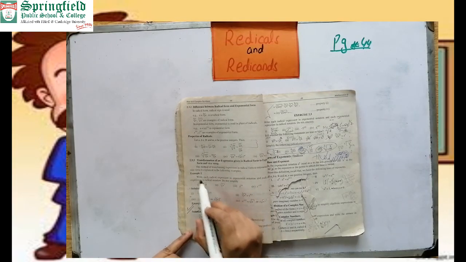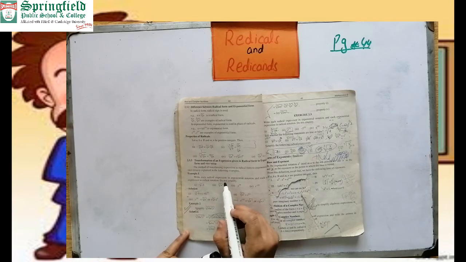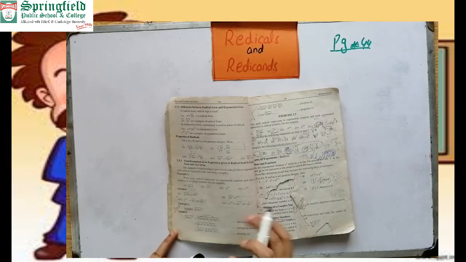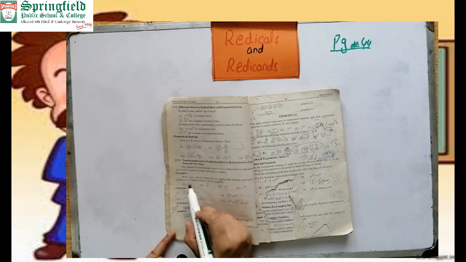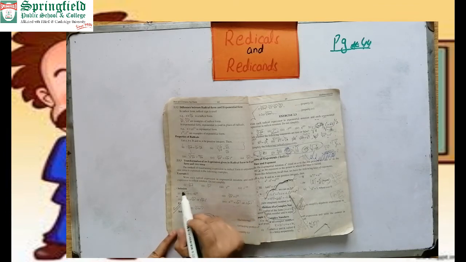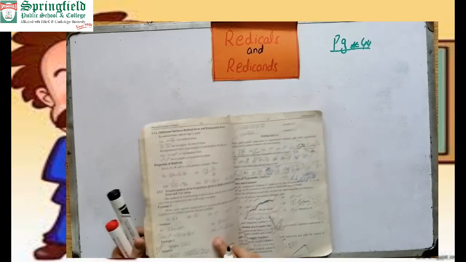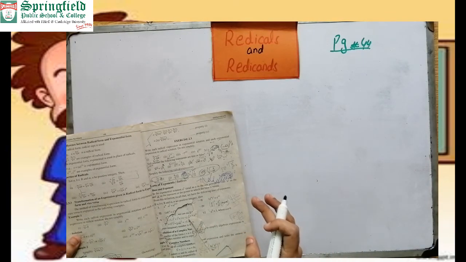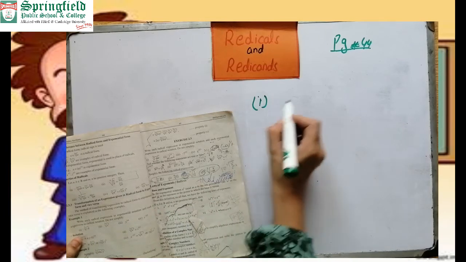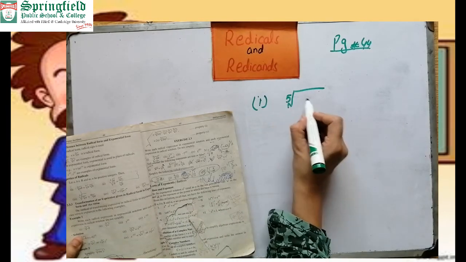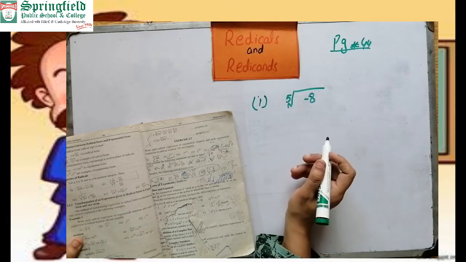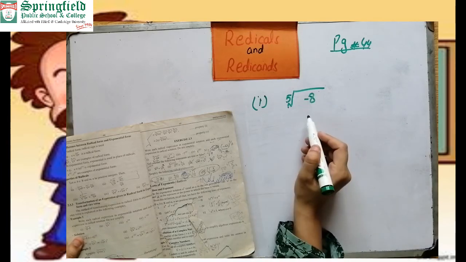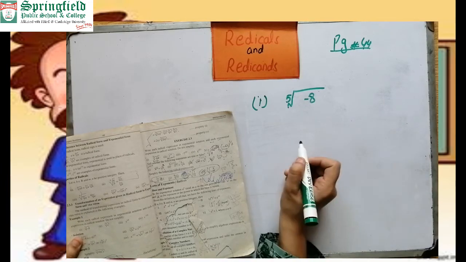So turn to page 44, example number 1. Write each radical expression in exponent notation, and exponent notation means in power form, and each exponent notation in radical notation. Do not simplify, meaning we cannot simplify. First we will write in exponent notation, and exponent notation can be written into radical notation. The first part is the fifth root of 8 to the power minus... how can we write it in radical or exponent notation?